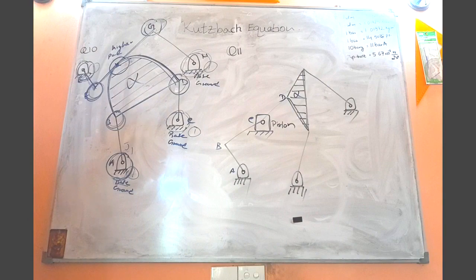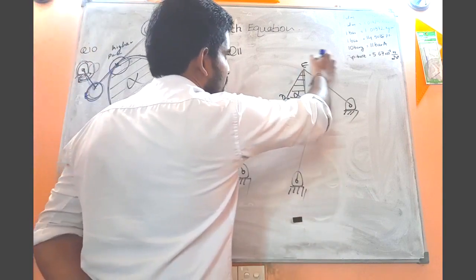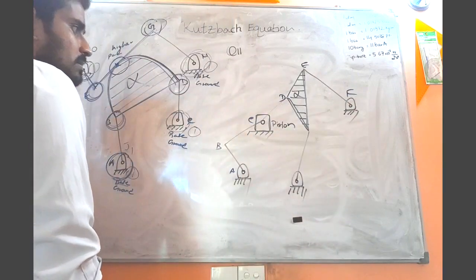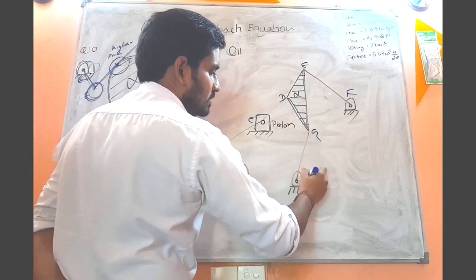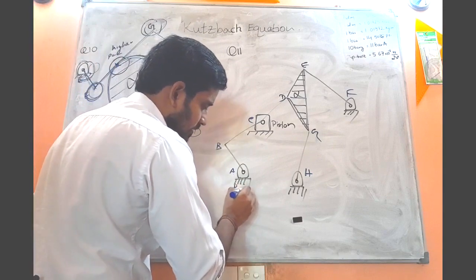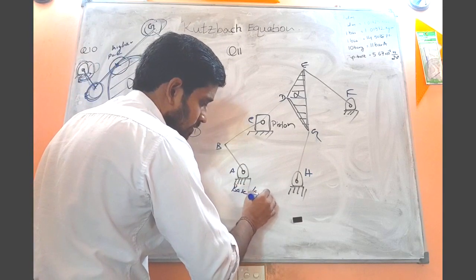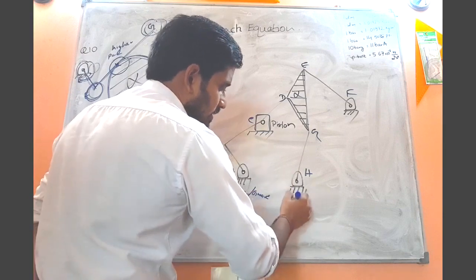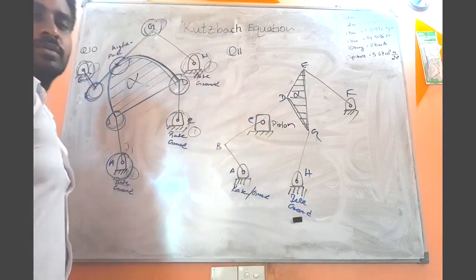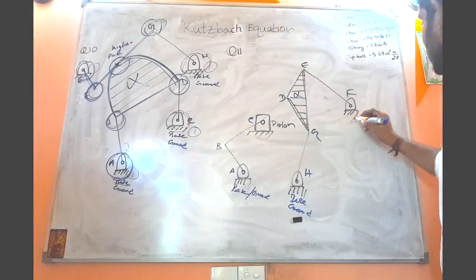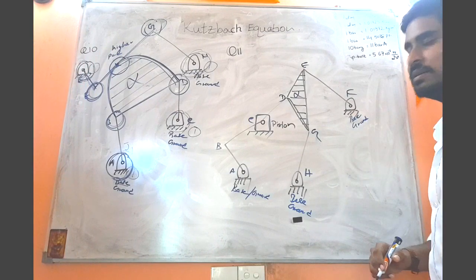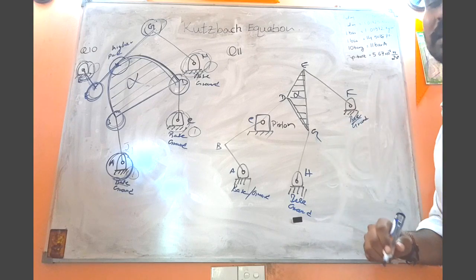And this is the link EF, right? Link EF. And this is the link GH, right? Link GH. And this is the base, right? Or the ground. And this is also the base, in other words, the ground, right? So here also we have a base, or in other words, what we call the ground, because there should be a particular base which is at rest,